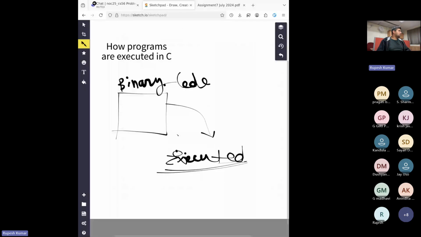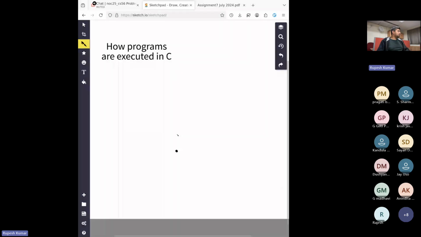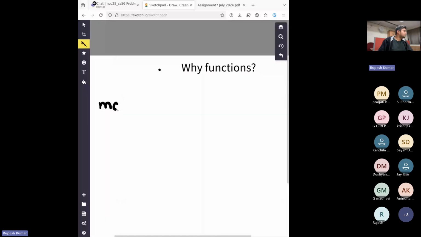So basically, in your program you write a main function, which is a must for any program that you write in the C programming language. So the main function is the driver. It's basically the driver function. It drives any C program. Fine. So inside the main function, you define some statements.